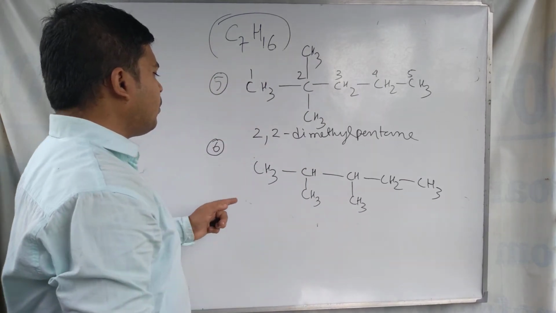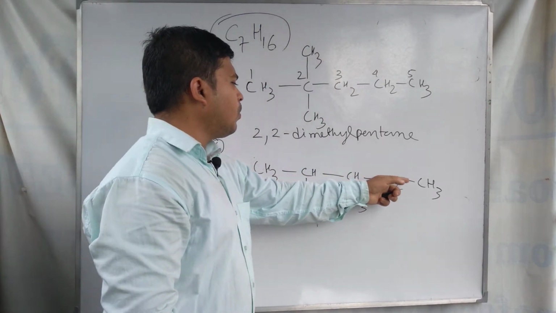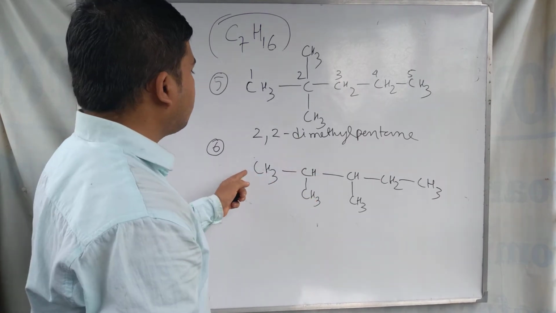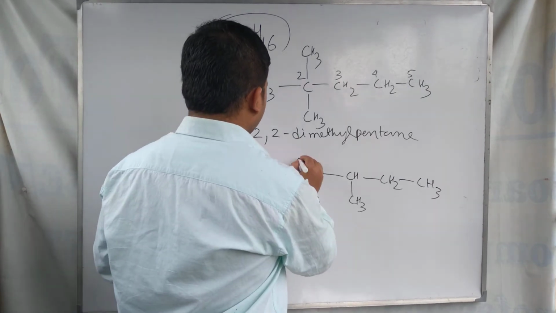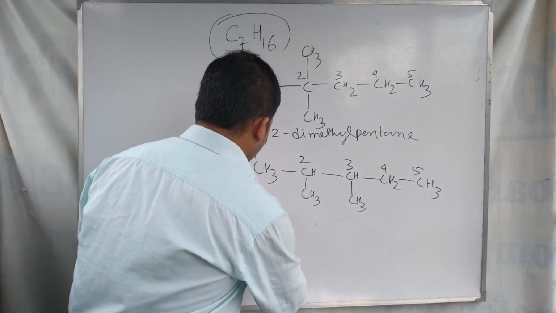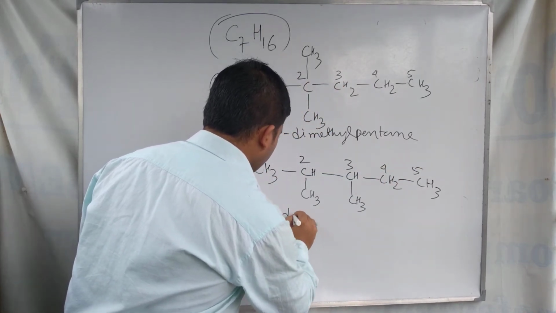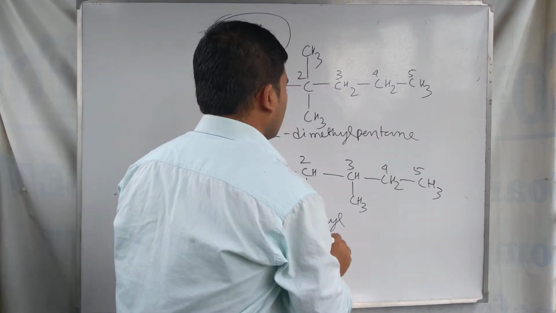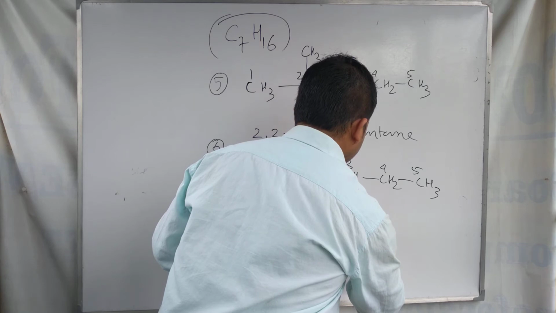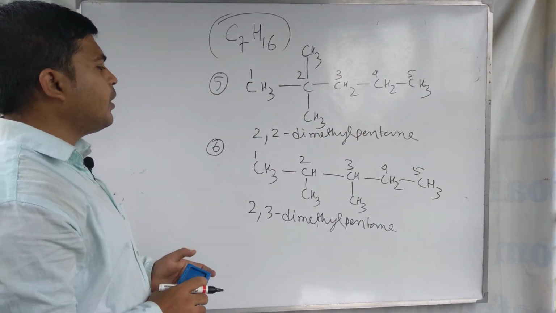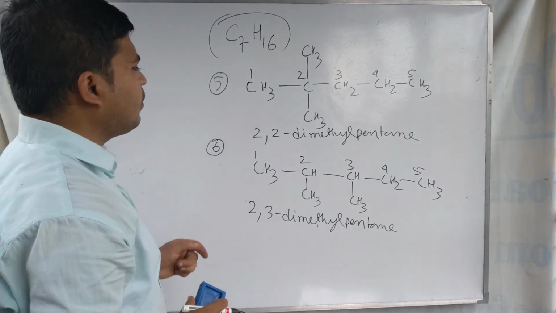By changing the position of the methyl group, 1 2 3 4 5 6 7 carbons, here the name of this compound is different, and the name of this compound is 2,3 dimethyl pentane, 2,3 dimethyl pentane. So this is the sixth isomer,